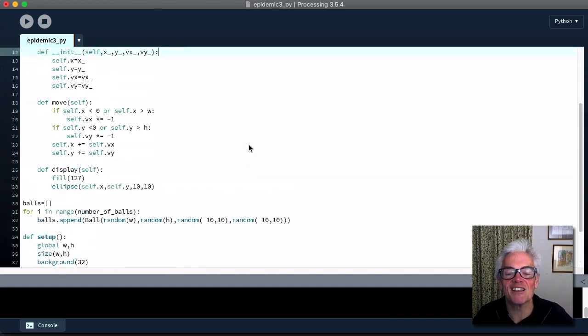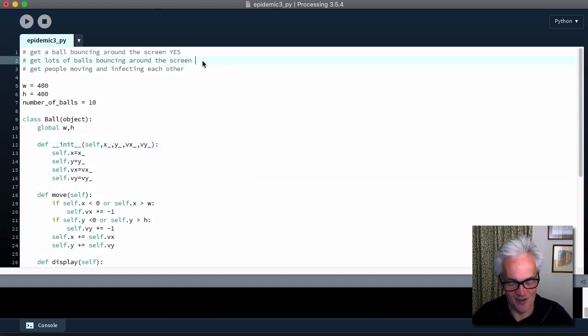Right. What next? So I can confidently say, yes, that took a little while to correct. Get people moving and infecting each other. So this is the big stuff. Everything so far is really just preliminary. What we're going to do now is deal with people rather than just balls moving around the screen. So